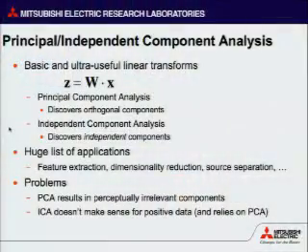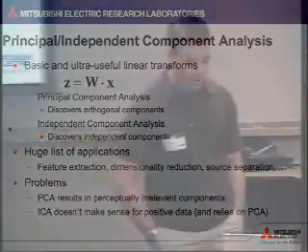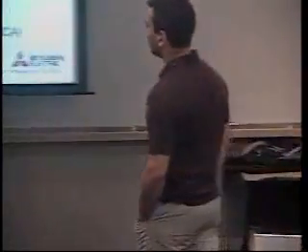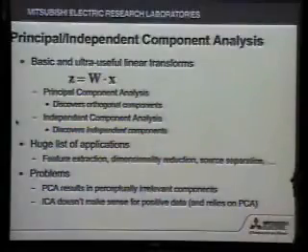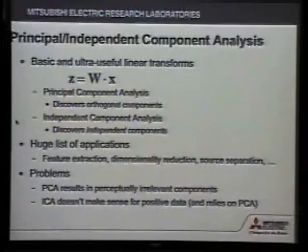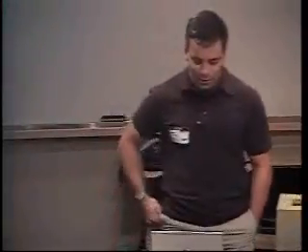Just a very brief overview of what people have done before. There's principal and independent component analysis, which are very basic bread and butter stuff when it comes to machine learning. They're basically just a simple linear transform. You have this random vector x. You want to find some linear decomposition of it so that you get some properties in the output. PCA wants to get orthogonal outputs. ICA wants to get independent outputs. There's a huge list of applications. People have used them for a lot of things, and they work very well. But again, they don't really deal with positive data.